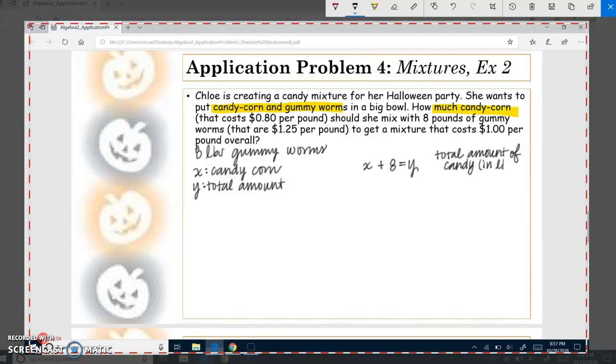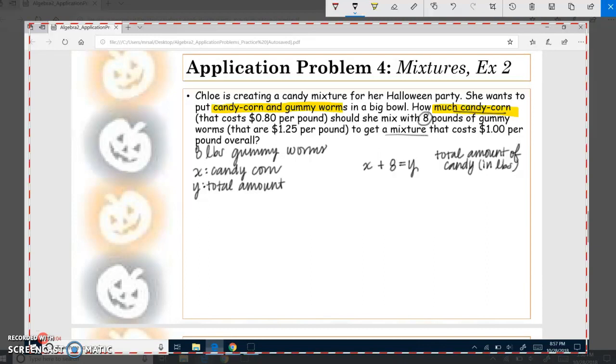Because if I already have 8 pounds of gummy worms, and then I add in X, some amount of candy corn pounds, then that's how many pounds of candy overall we'll have. So in this equation, that is taking the 8 from here. We're trying to figure out how much candy corn and how much of the overall mixture as weight values